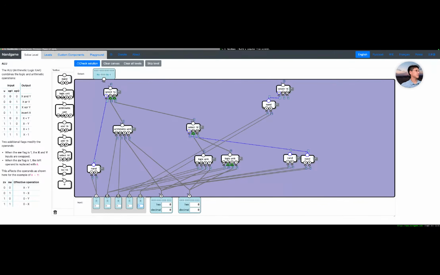NAND is 1 when it is 0, 0. X and Y, right? And, right, and